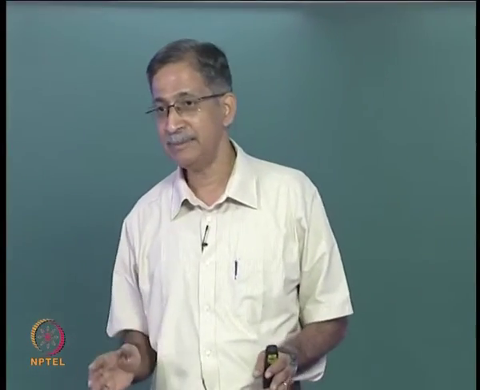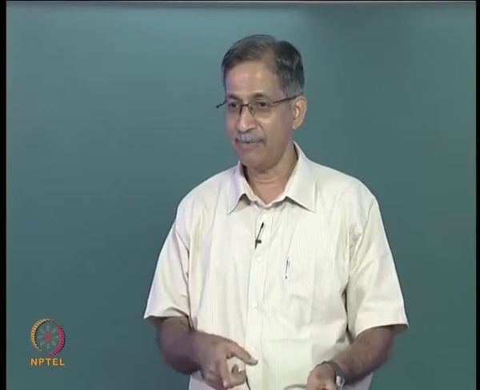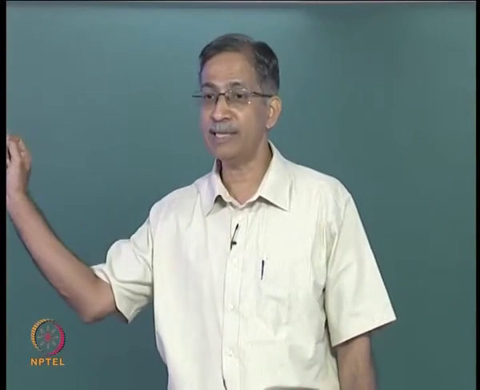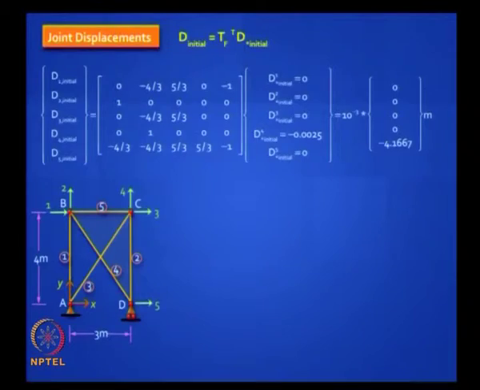Now the F matrix is a beautiful matrix. It says give me any load vector, and if I pre-multiply that load vector with the flexibility matrix, I get all the joint displacements caused by direct actions, not by indirect actions. So give me any F1, F2, F3, F4, F5, if you have got the flexibility matrix you will get the joint displacement. So that is the next step, but before that let us find out the contribution of the